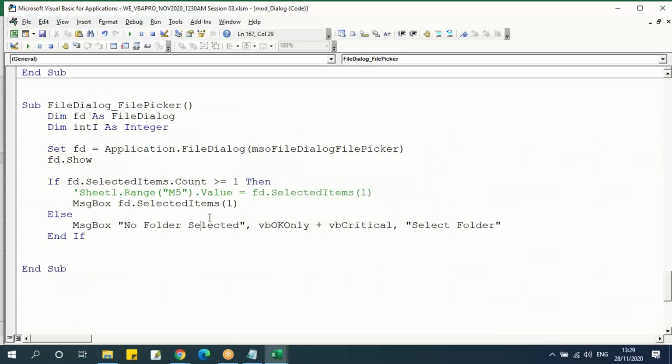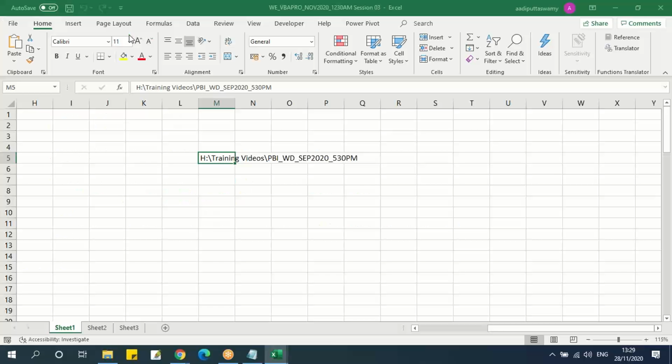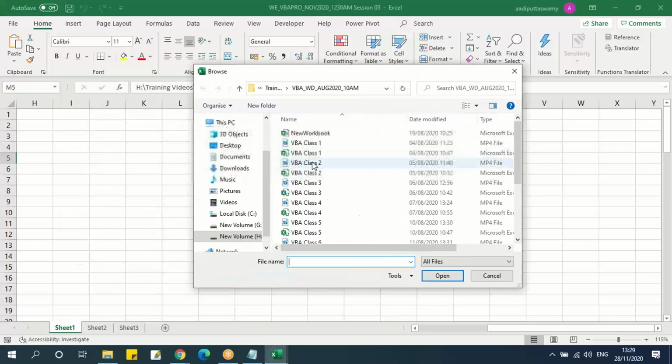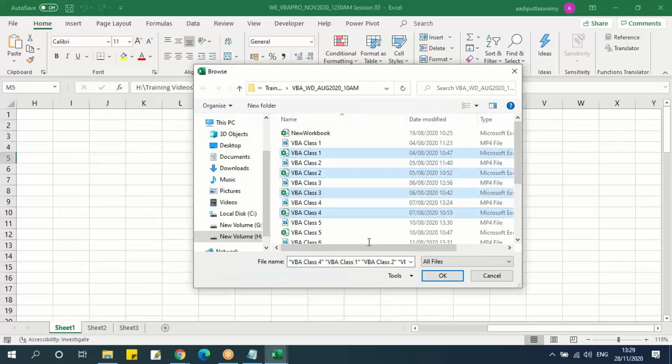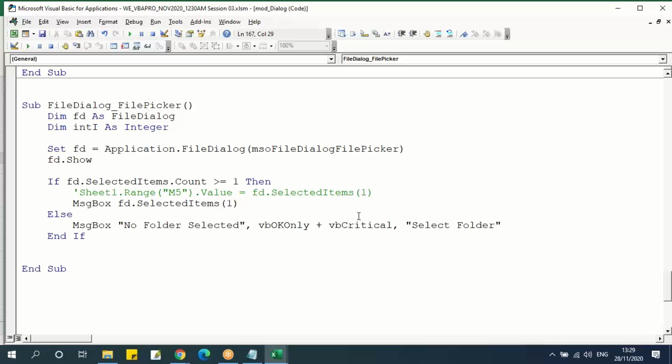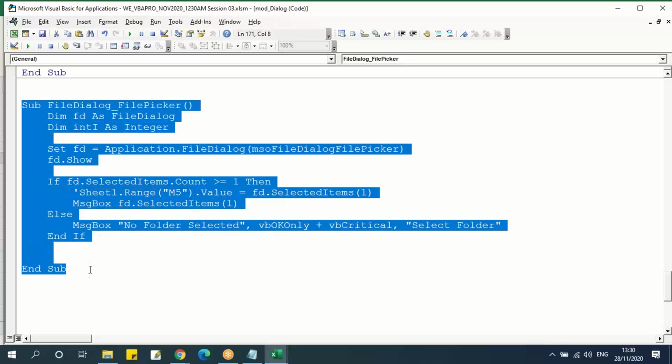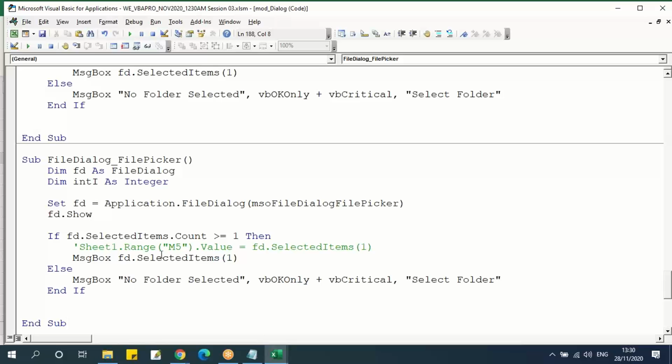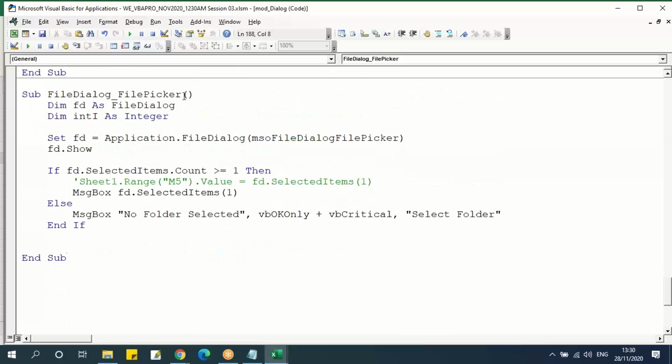Here I can select multiple files also. Let's go here. Select this. But it will display only one, the reason is I gave only one. What if I want to show multiple files? Then what can I do? Let me copy this. If you want to show multiple files which are selected, then